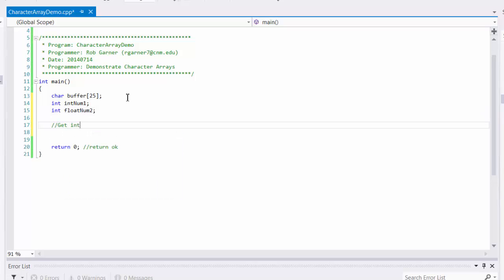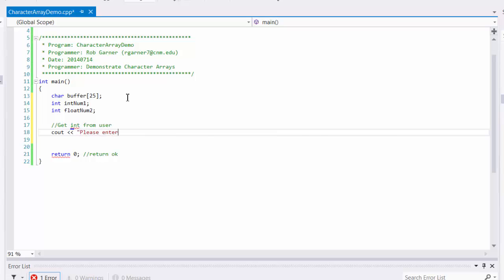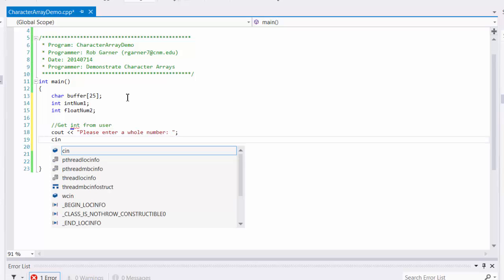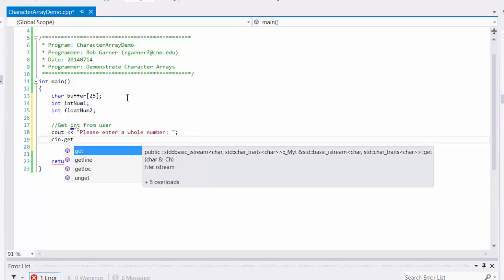Well, let's get an int from a user, and what we're going to do is cout, please enter a whole number, and again we're going to use the cin.getline,